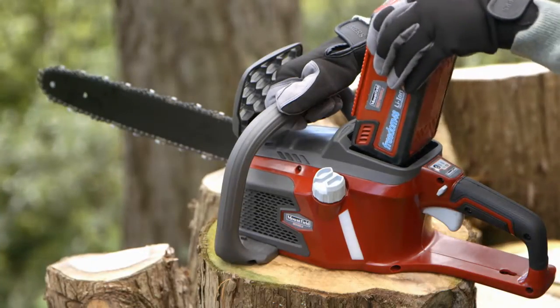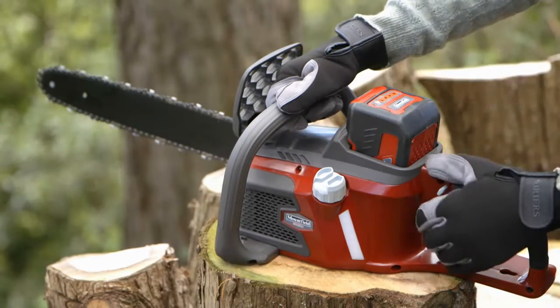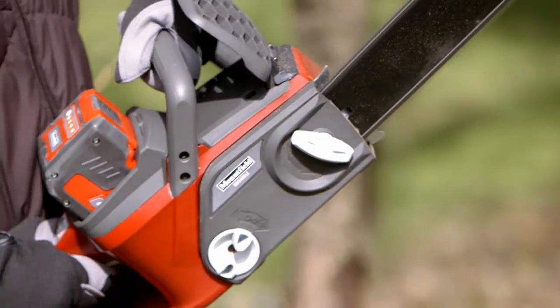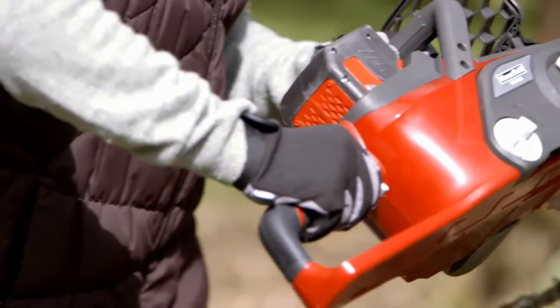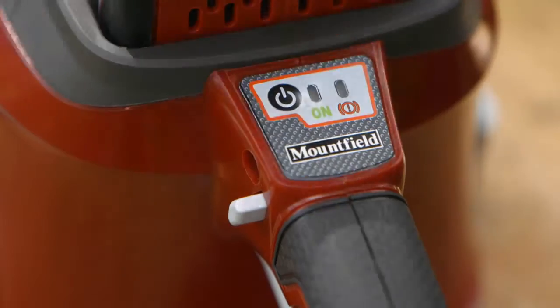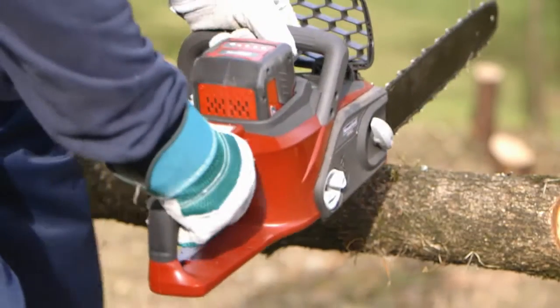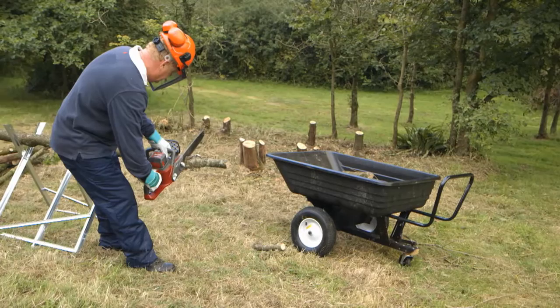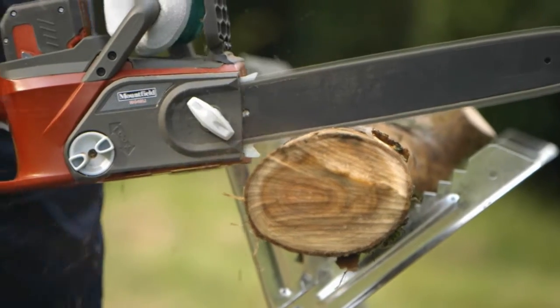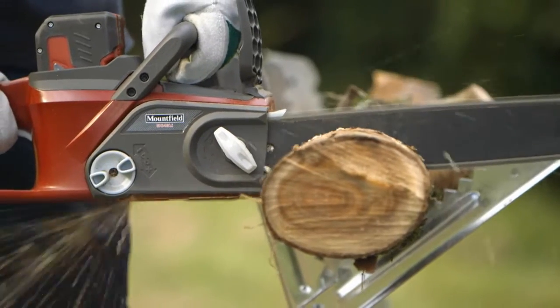Its class-leading Mountfield Freedom 48 lithium-ion battery powers a highly efficient Digitalk brushless motor. You'll get energy and cost savings from this intelligent power-saving technology. Using the saw is as simple as pushing the start button and holding the drive trigger. And with the 4 amp-hour battery fitted, you'll get up to an impressive 50 minutes runtime, equal to 150 cuts